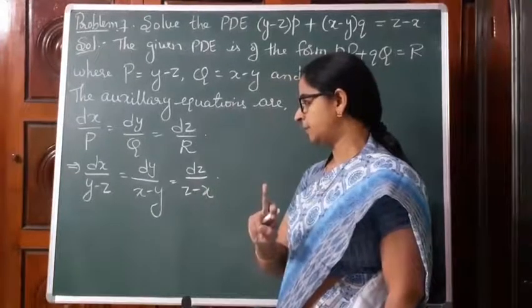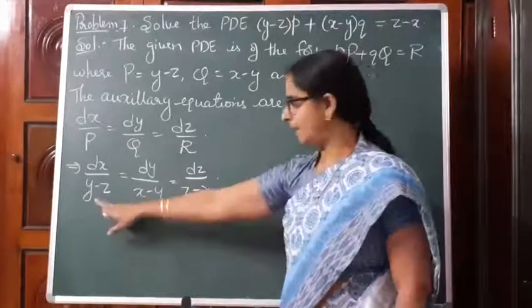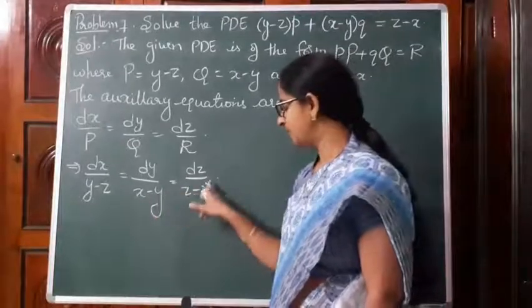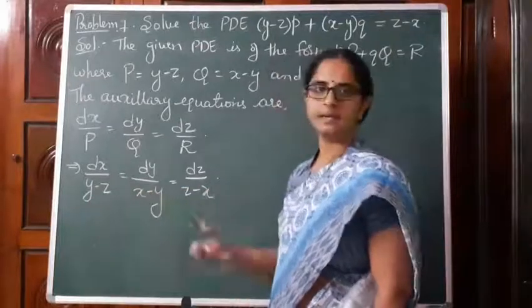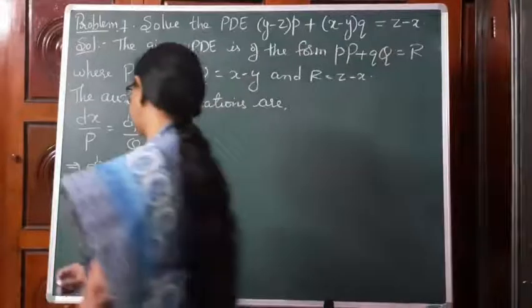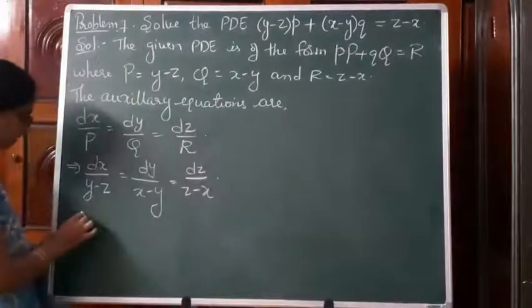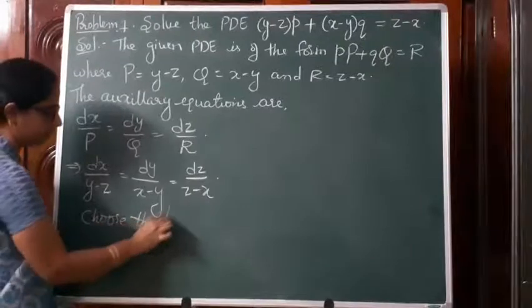I could find one option: if l is 1, m is 1, n is 1, then lP plus mQ plus nR is y minus z plus x minus y plus z minus x, which is equal to 0. So we first choose the first set of multipliers as,